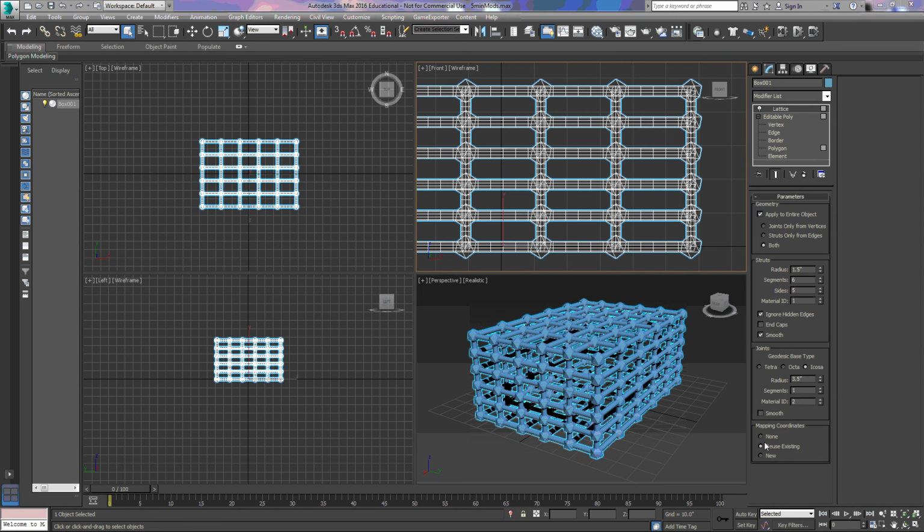And the mapping coordinates, what that does is that is used for materials or for a mapping modifier, and this allows us to either set it to none so that it has no mapping. We can reuse the existing mapping that came with this, or we can create a new map with all of the cylindrical areas for the struts and for each joint, the shapes